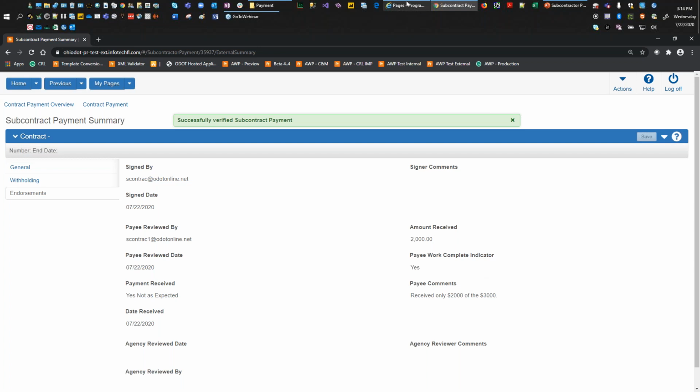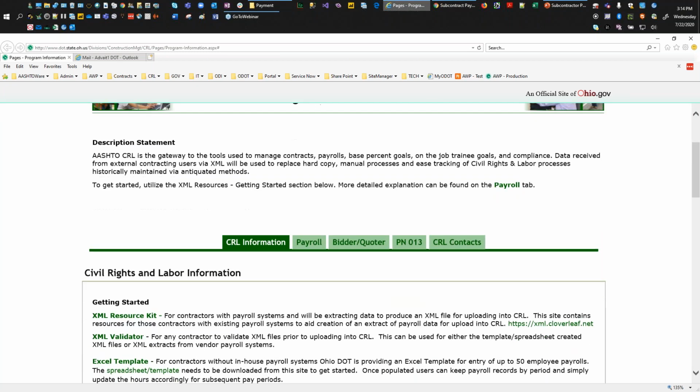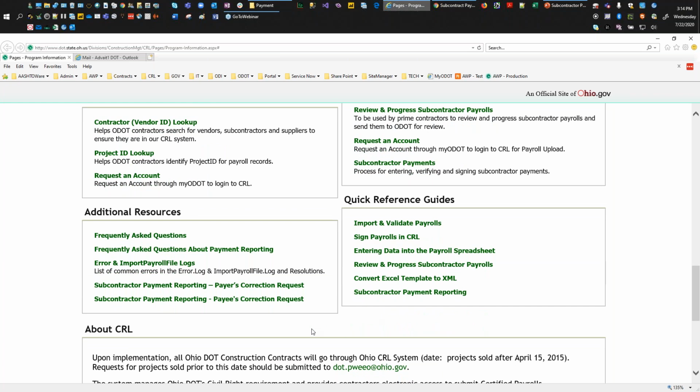If you navigate to the Civil Rights and Labor Resource website, and then you scroll down to where it says additional resources, there's two links available there. The subcontractor payment reporting for payers correction request, and then also for payees correction request. So we'll go ahead and demo this part here. We'll go ahead and select the payers correction request. So if you click the link there,